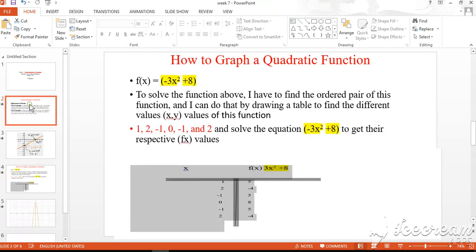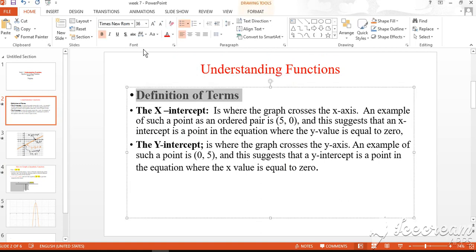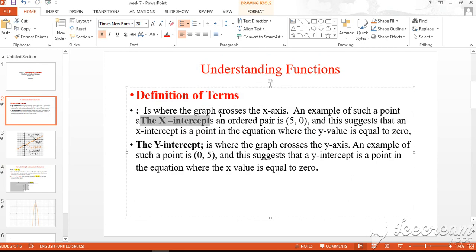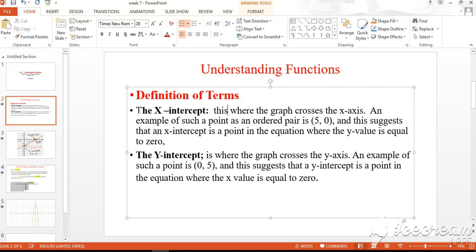Number one, I'm going to talk about definition of terms. I will introduce and define two terms. The first terms are the x-intercept and the y-intercept, and I will explain the two to avoid making a mistake on the two while graphing a function. Number one, the x-intercept is where the graph crosses the